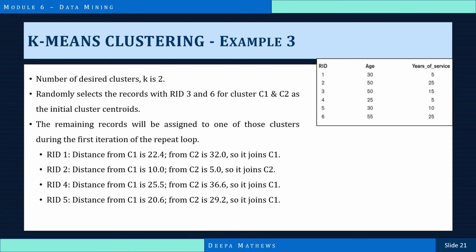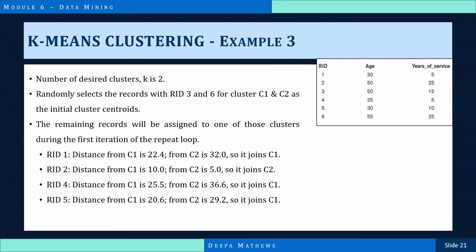We need to calculate the distance of each object to records 3 and 6, right? The remaining records will be assigned to one of those clusters during the first iteration of the repeat loop. So we are calculating the distance. From C1 the distance is 22.4 and from C2 towards RID1 the distance is 32.0.